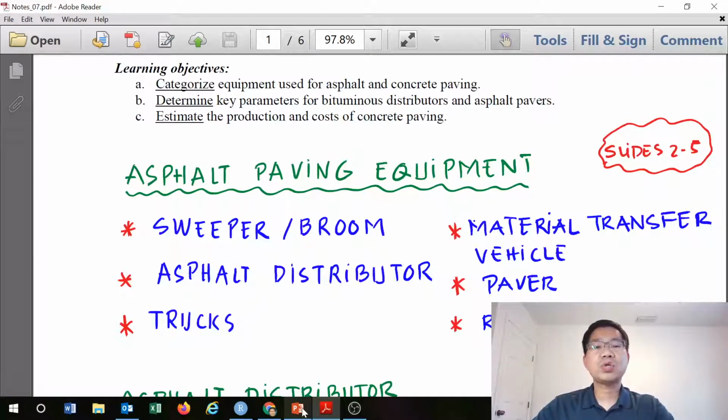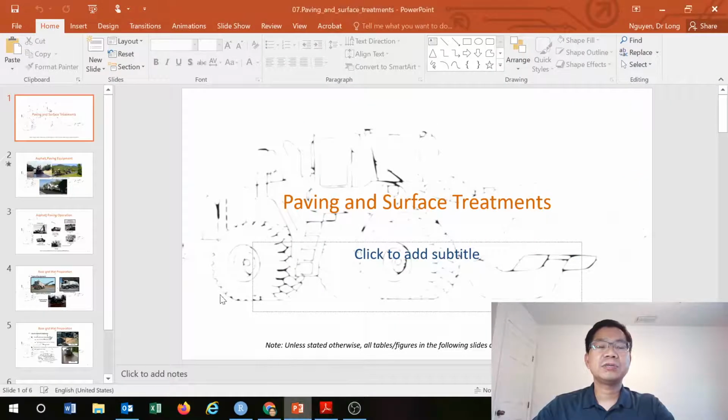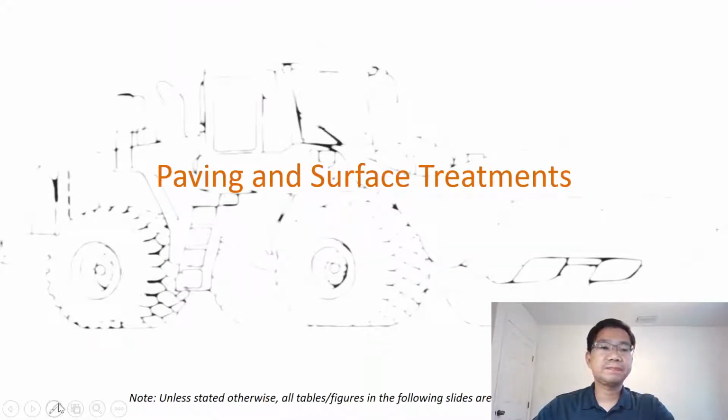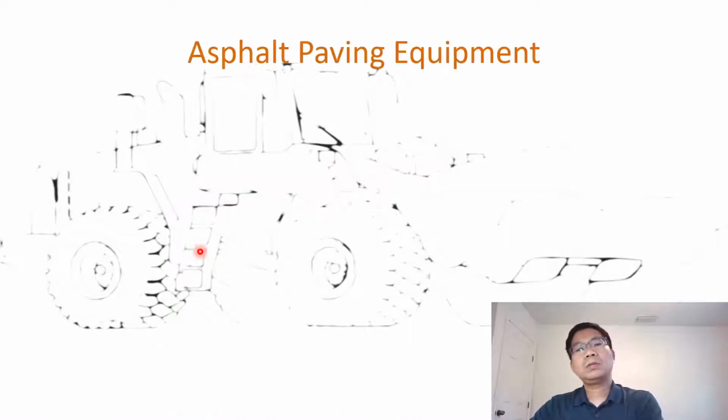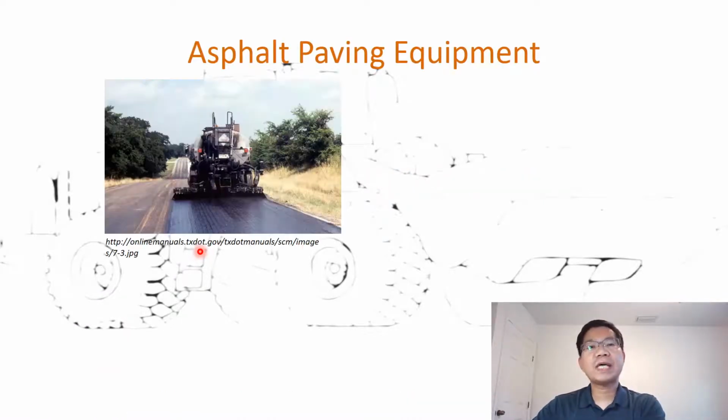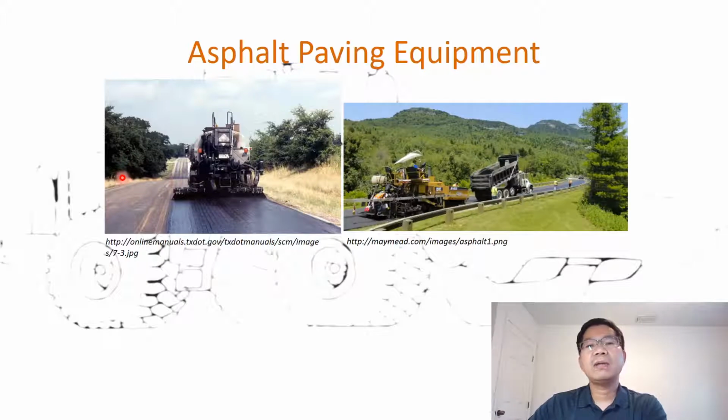In the next few slides I show you several pieces of equipment and how the operation of the asphalt pavement works. Some of this concept you learned in civil engineering materials. Just good to recap what that is about. So in some of the equipment for asphalt paving, as you can see, there are different applications and different materials. In this case, for the liquid asphalt, we can have the distributor shown here,